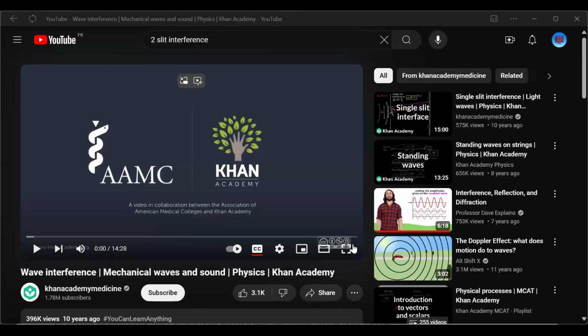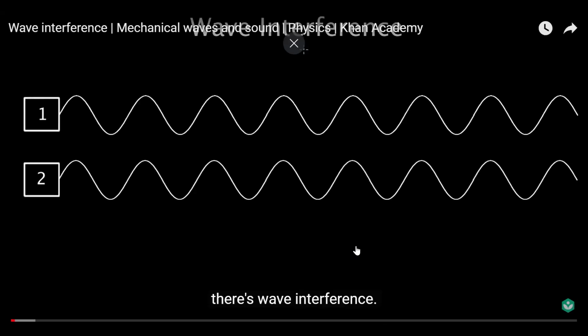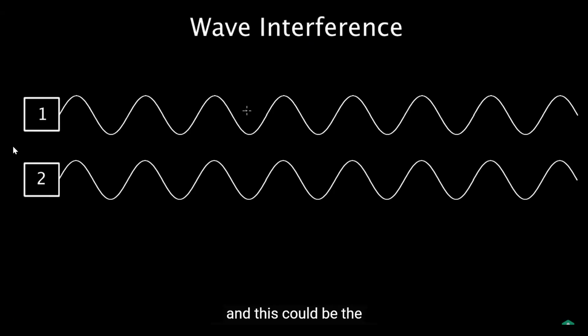So let's discuss the phase differences and path differences as well now. If two waves overlap in the same medium, we say that there's wave interference. So this box here could represent a speaker, and this could be the sound wave it generates. Or it could represent a laser, and this would be the light wave it generates. Or it could be some sort of ripple tank generator, and this is the water wave it generates. Regardless, if you had a second source of a wave and these were to overlap, you'd cause wave interference, and